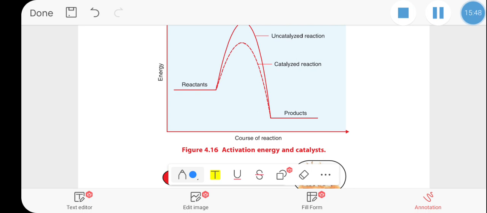This diagram shows the activation energy and catalysts. Now, there are reactants without